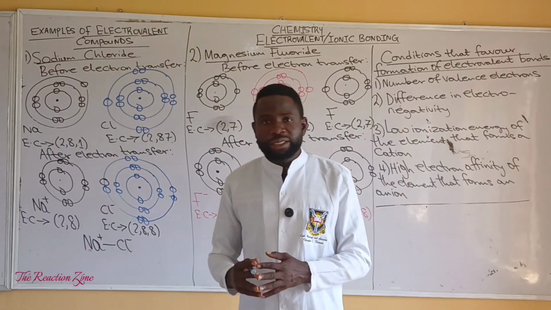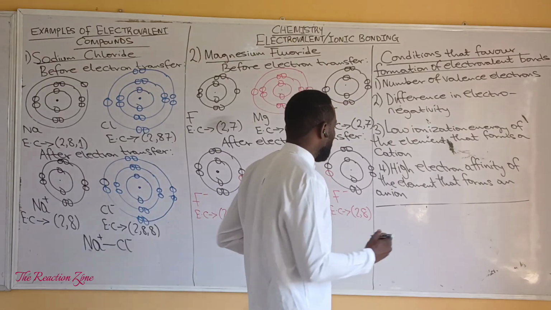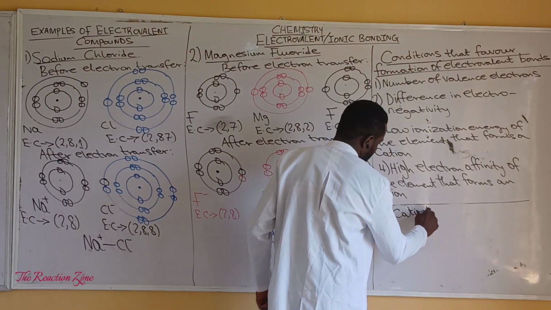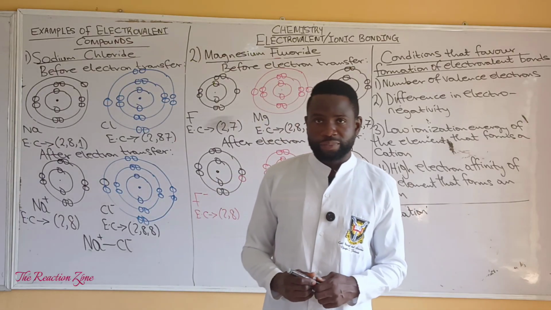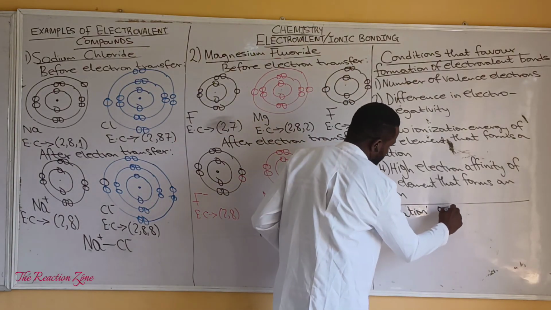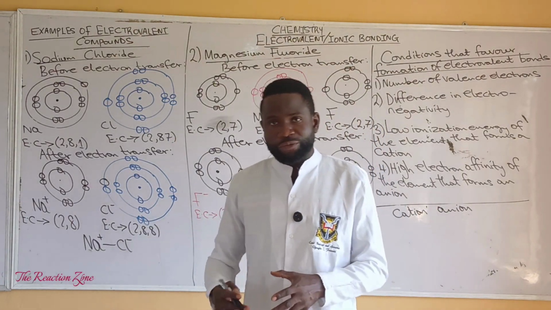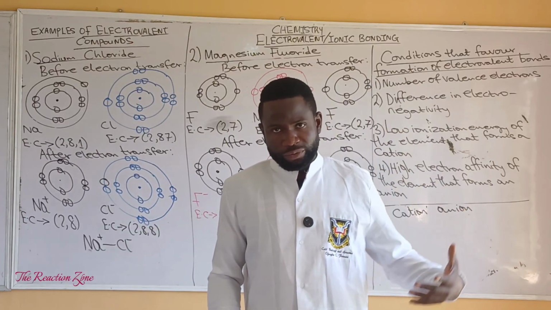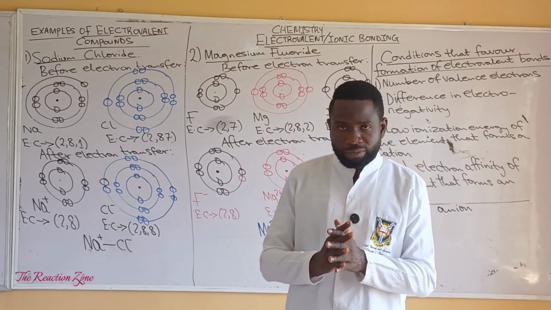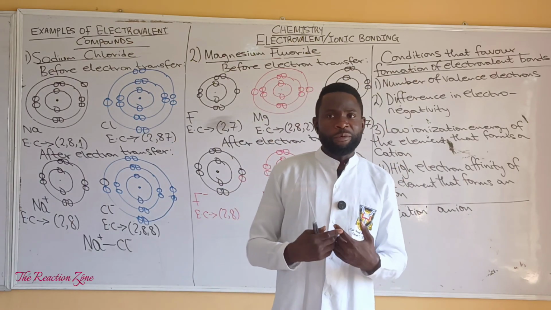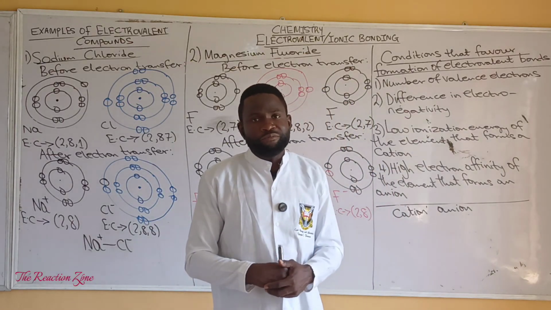The atom that loses electrons forms a positively charged ion that is called a cation. The atom that gains electrons forms a negatively charged ion that is called an anion. So this means that the transfer of electrons from one of the bonding atoms to the other results in the formation of ions. And not just that, the formation of these ions is accompanied by a force of attraction between